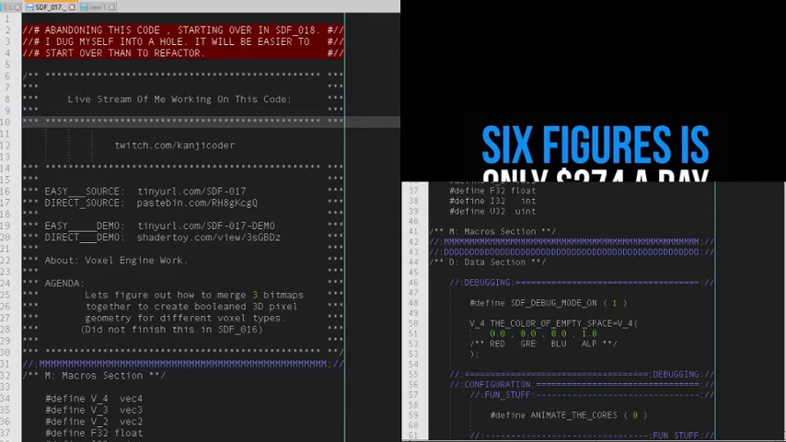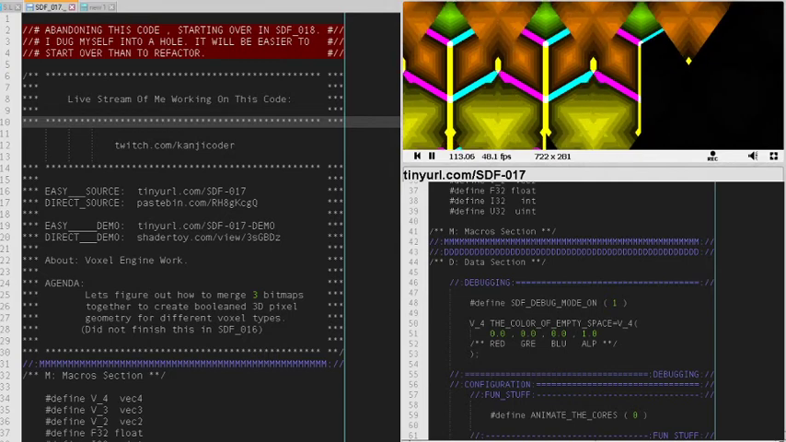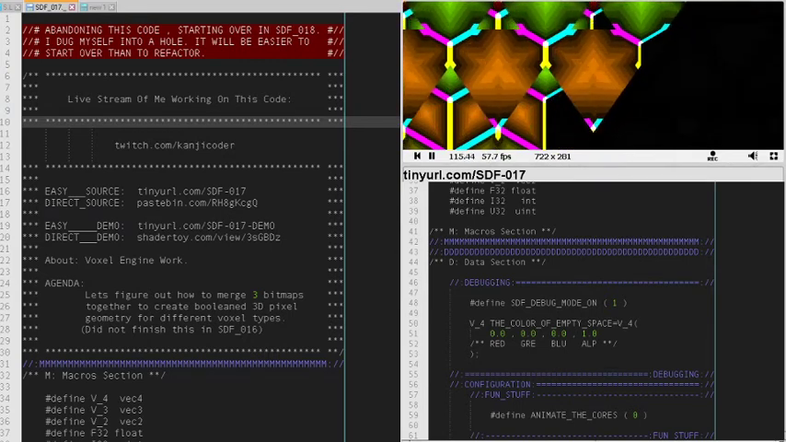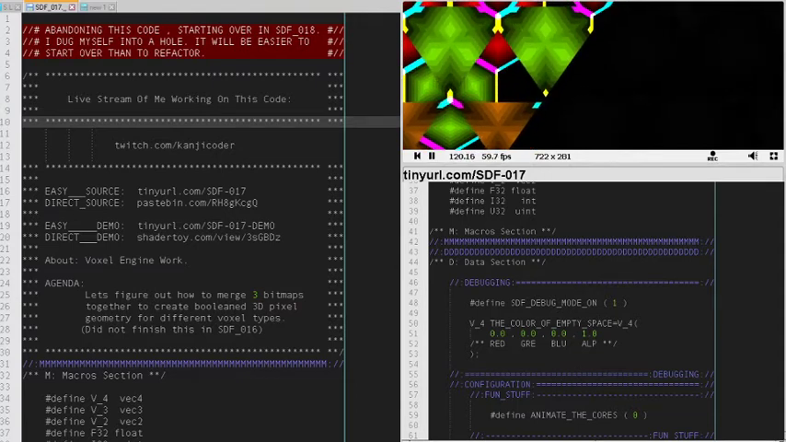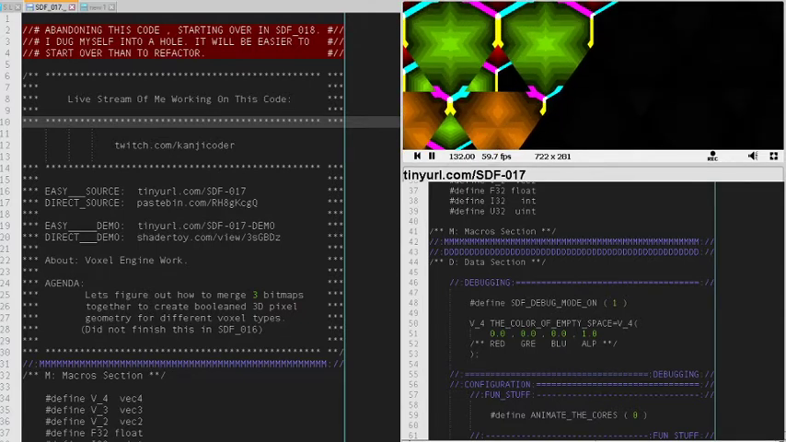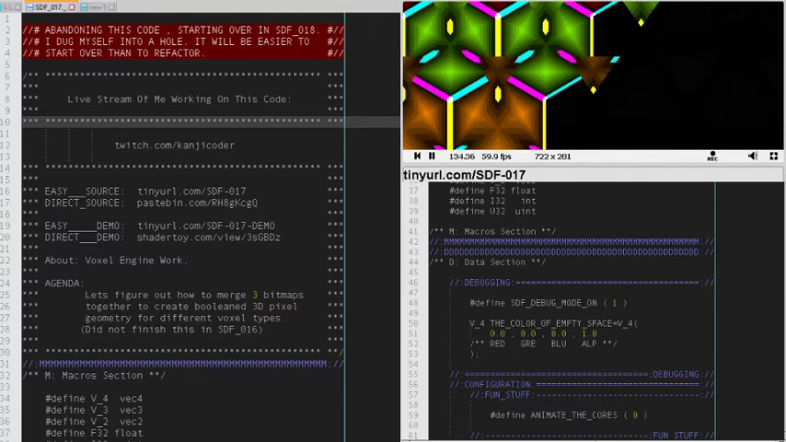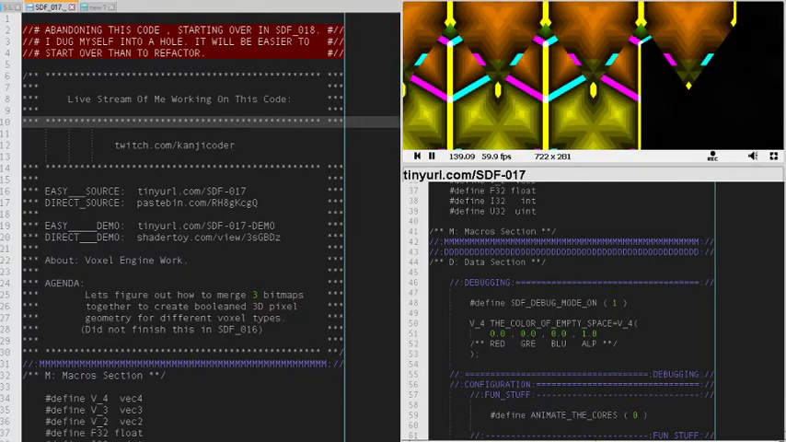Alright, so I dug myself into a hole with this code here. I mean, you can still check it out at SDF-017. However, some of the things I would like to implement and some of the insights I've gotten from casting rays into a voxel space make me realize that I need to rewrite this from the ground up with some of the new